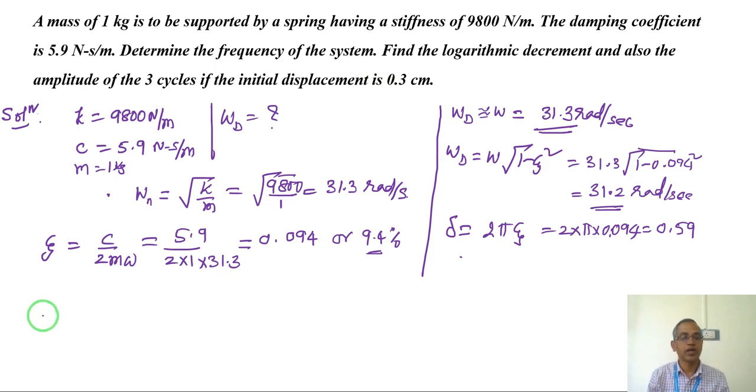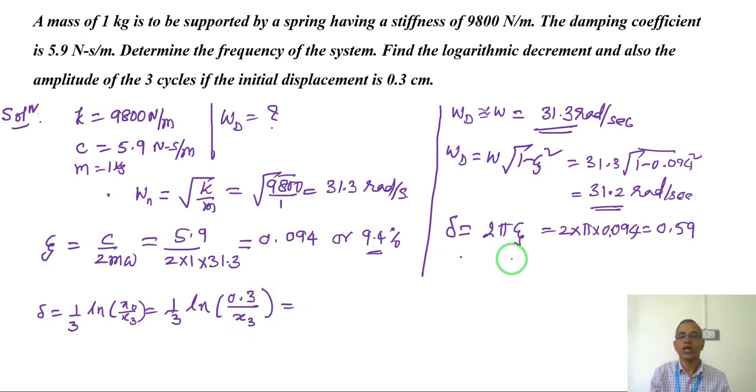That means the delta equal to 1 by 3 ln of x0 by x3, where x0 is given as 0.3 centimeter, and x3, the third amplitude, needs to be found out. Delta we already found out is 0.59. So from that, the ln of 0.3 by x3 will give me